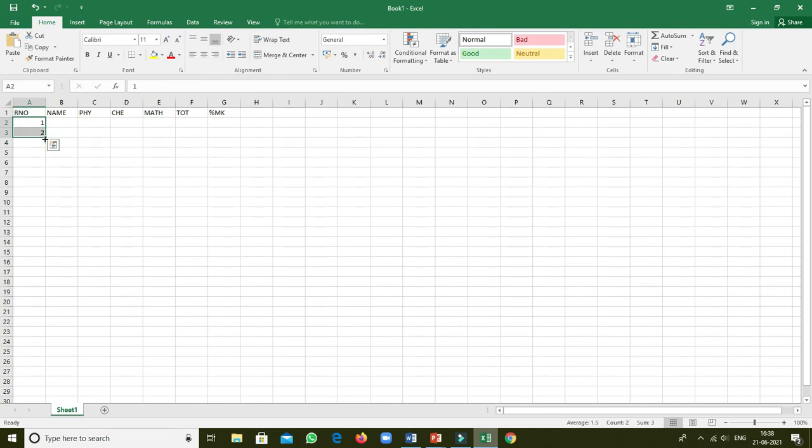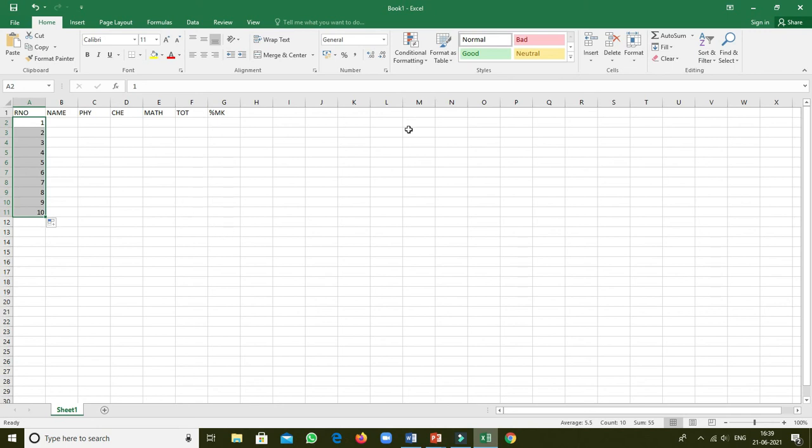Now drag downwards, and automatically the number keeps increasing, because when I select 1 and 2, it counts the interval between them, and when I drag down, that interval is added each time. 1 and 2 means the interval is 1, so 2 plus 1 is 3, 3 plus 1 is 4, 4 plus 1 is 5, and it displays in such a manner.